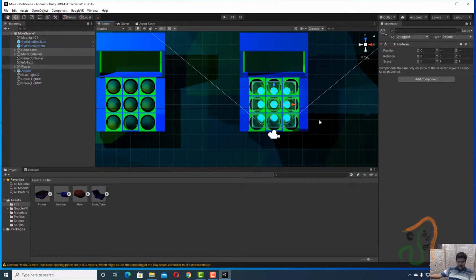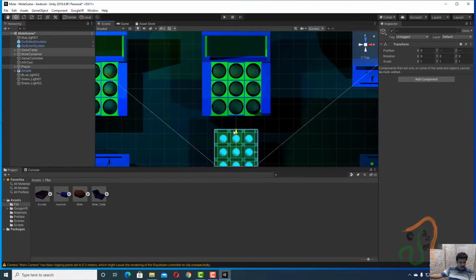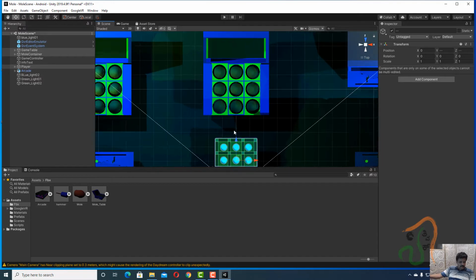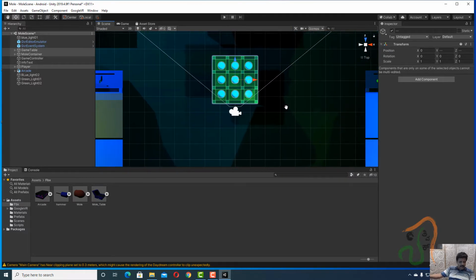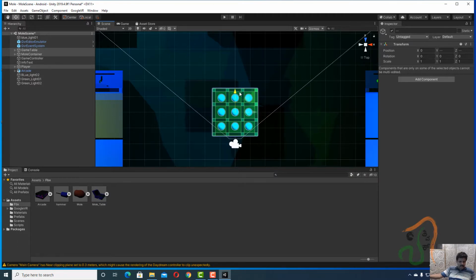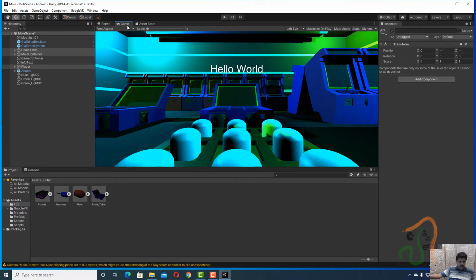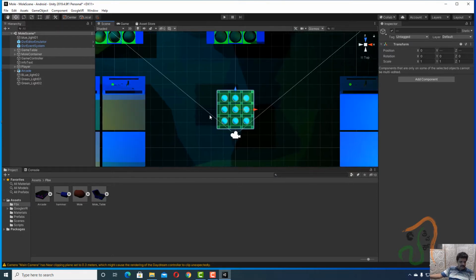So what we shall now do is, with all the three selected, with the move tool, let us drag all these three a little to the back like this. If you just see here, we have two arcades over here, and we are going to place our third arcade somewhere over here. This will be the position of our third arcade. So here the person is going to play the game. Come back to game view and see it. Okay, this is fine.